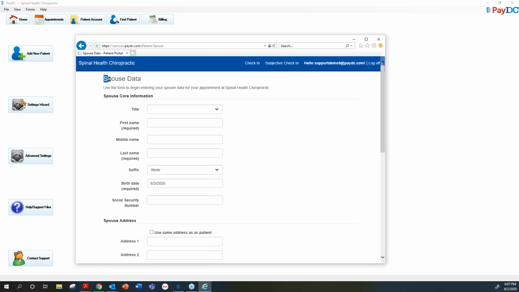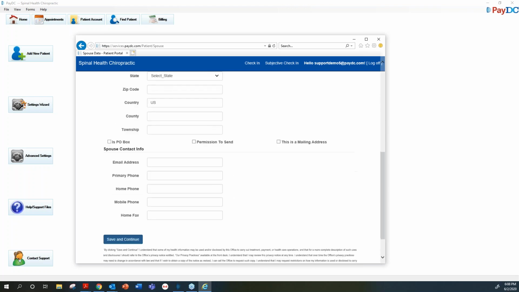Now, you may remember that he was originally single, but we changed him to married. So if he was left as single, this screen wouldn't even appear, and Bob wouldn't have to do anything here. But now that there's a spouse, it has some required information here. You've got to put at least a name and a birth date. And so